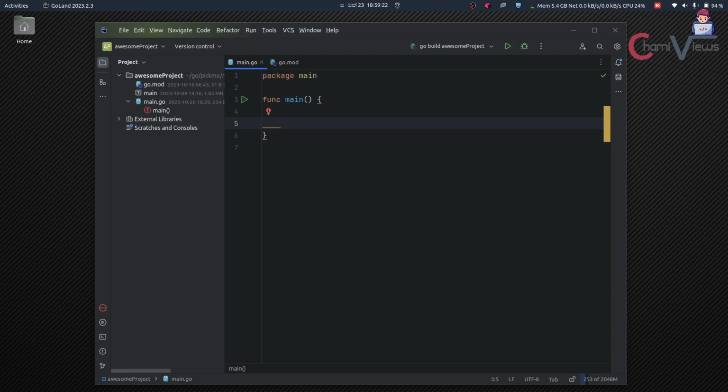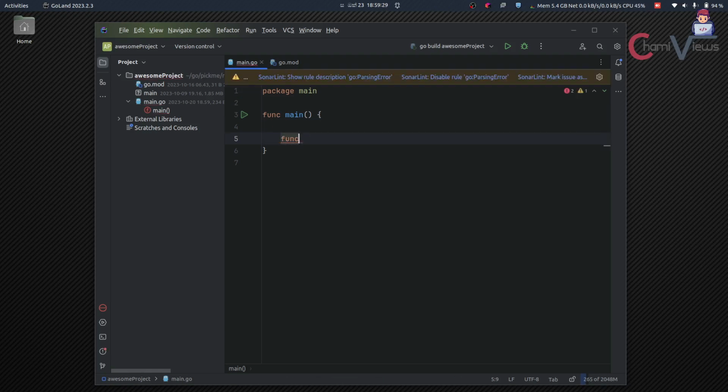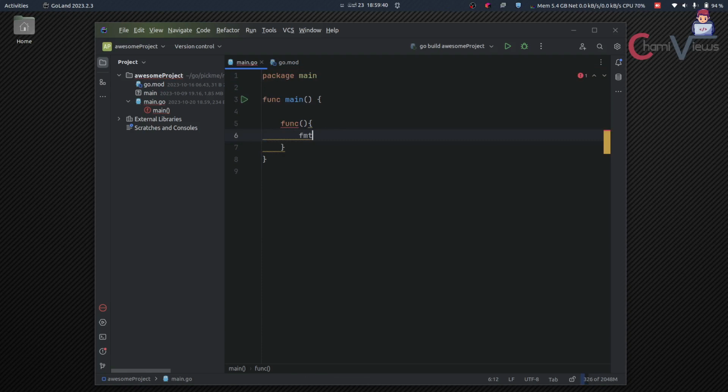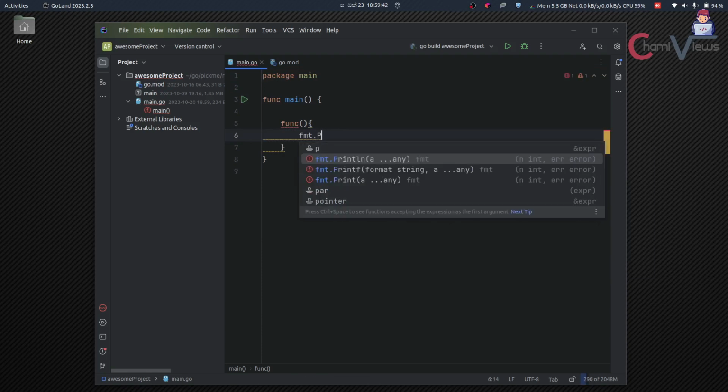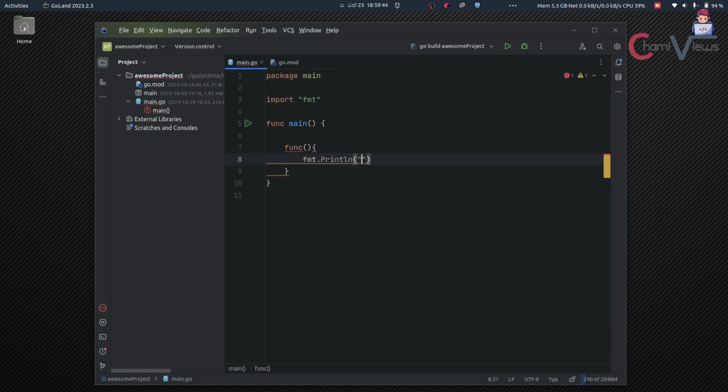This is the way we can create an anonymous function using the func keyword. First I create a normal function like in this way. In here I will print some value, some dummy views, right? Okay, then in here